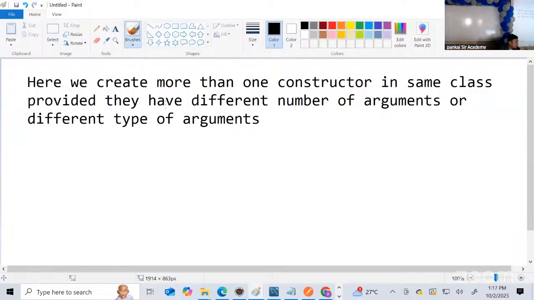Whenever you create, listen carefully, more than one constructor in the same class. Suppose you're creating more than one constructor in same class. Then,